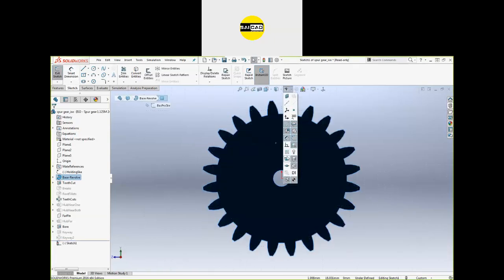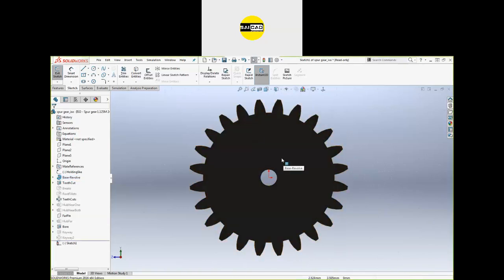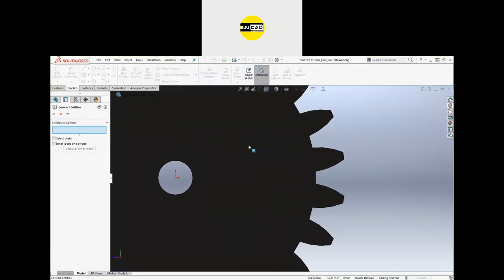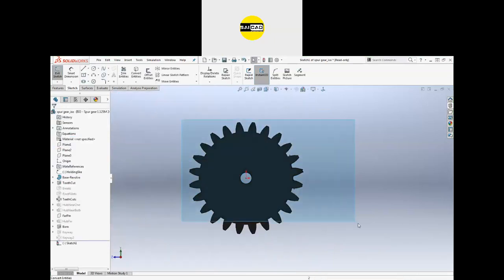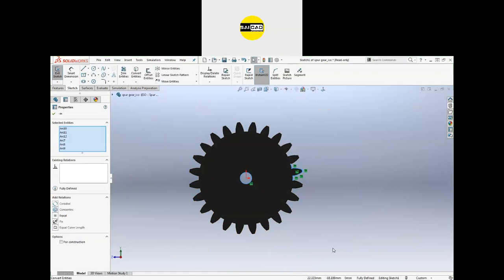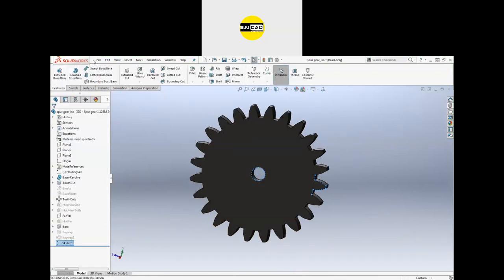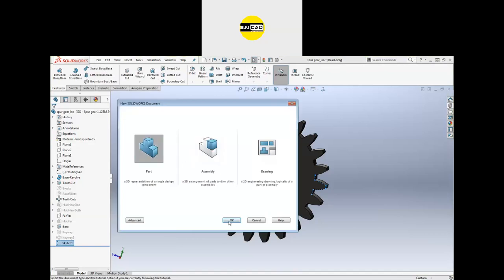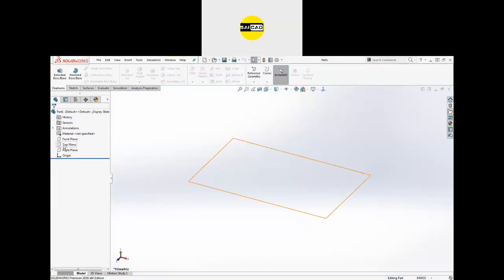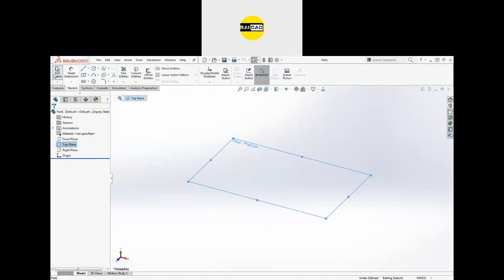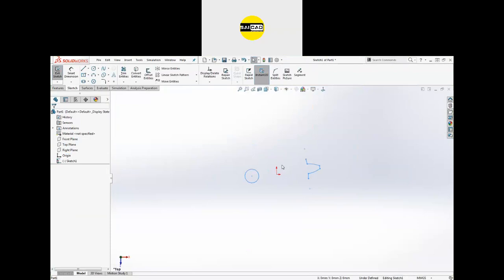If you don't want to see the grid, turn off the grid. Okay, we are in the sketch. I just need to convert the entities. I need this circle, this one, this one, this one, and those two lines. That's it, and just click OK. Select these like that and press Ctrl C to copy it. Then exit out and go to a new part. Create a new part from here, select a plane, go to the sketch, and select a point. Press Ctrl V. That will be the center.